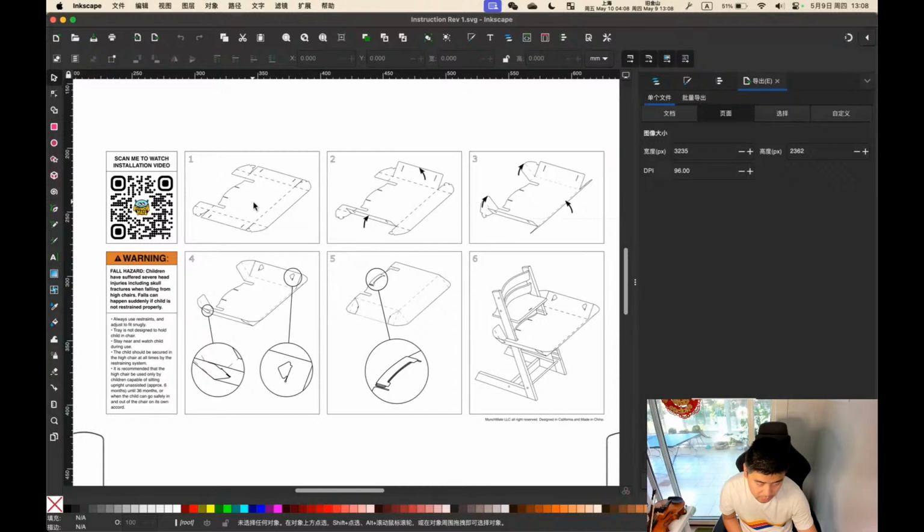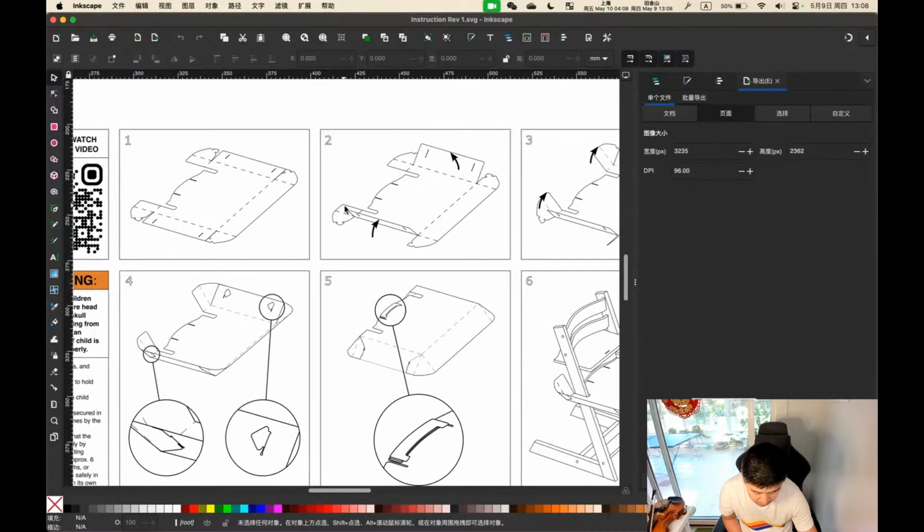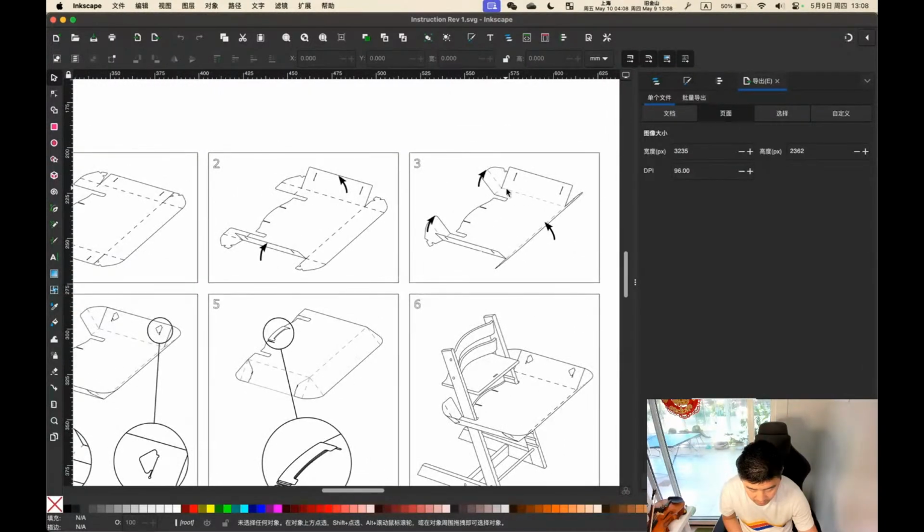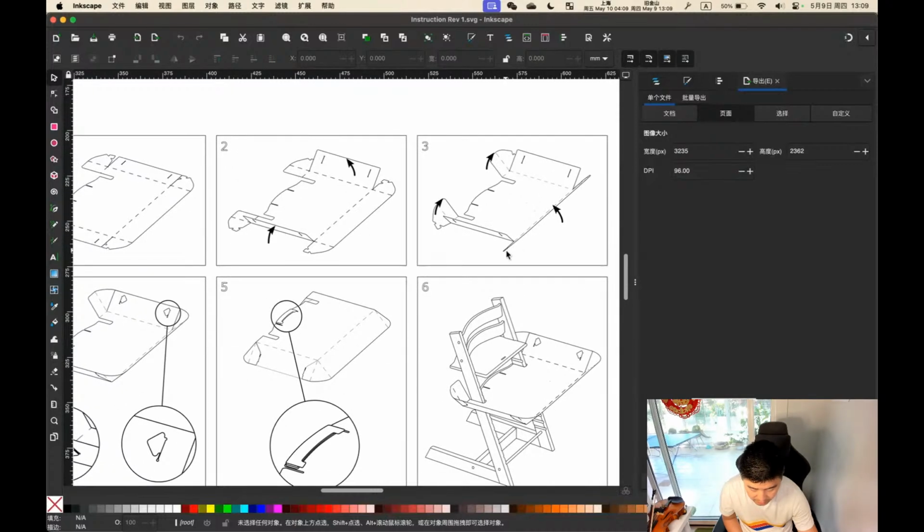You don't want to tell them exactly what to do, right? For example, they may not have a table big enough to make those folds, right? So for this product specifically, I want to convey which fold to fold first, right? For example, fold these two first, and then fold these three second, and then naturally,